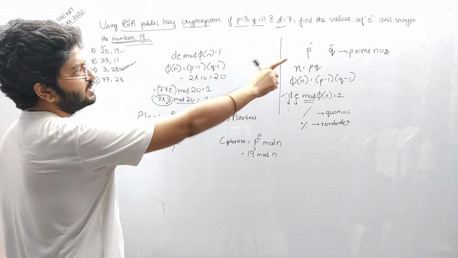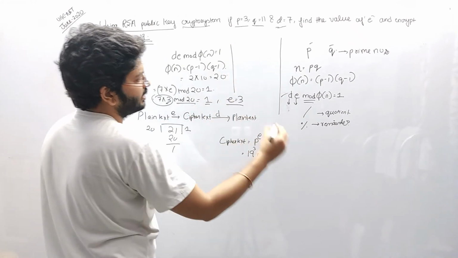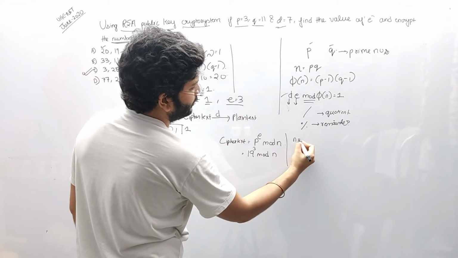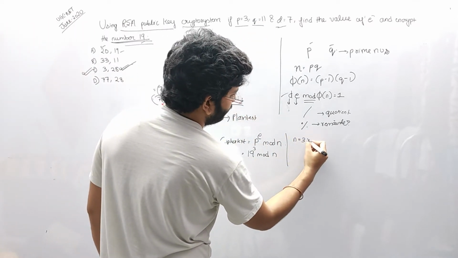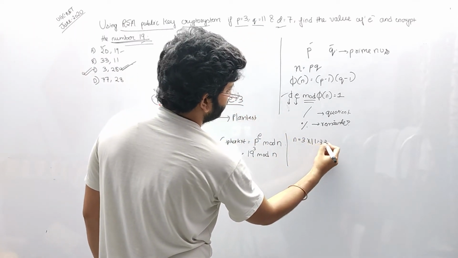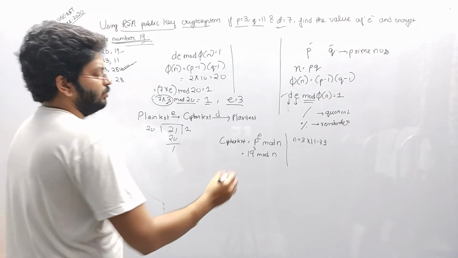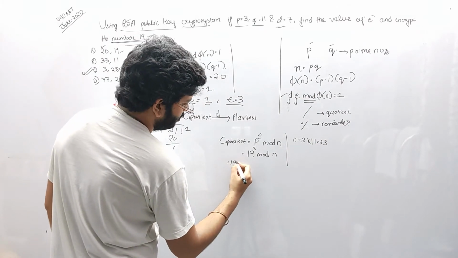I said n is p into q. So n equal to p into q. P is 3 and q is 11. So 3 into 11, which is equal to 33. So we have 19 cube